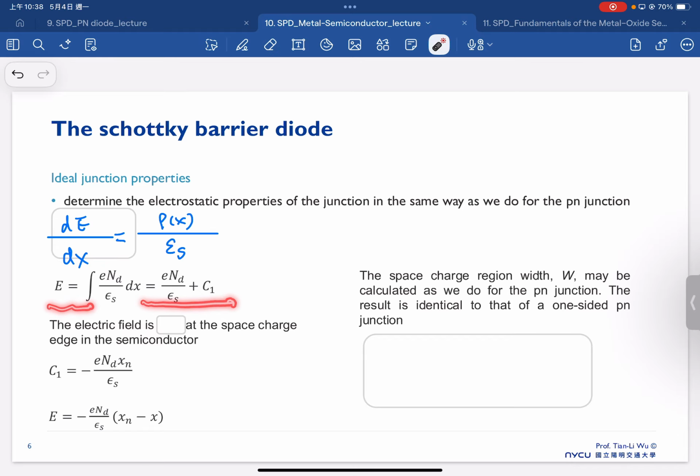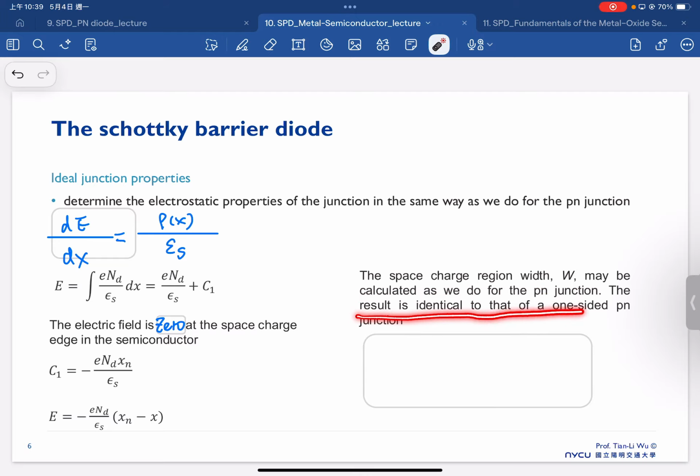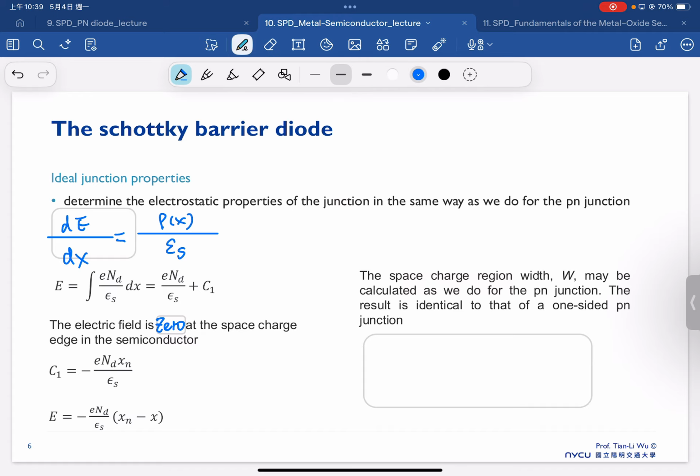The electric field is 0 at the edge of the space charge region in the semiconductor, and therefore we can find C1, and the electric field can be estimated as shown here. The space charge width W here may be calculated as we do for the PN junction. The result is identical to what we already showed previously for a one-sided